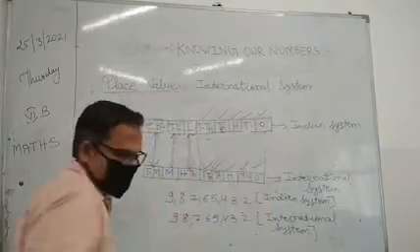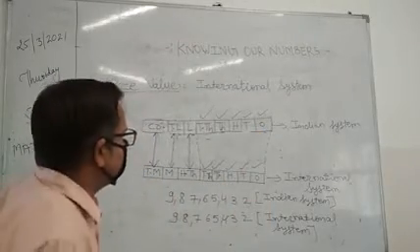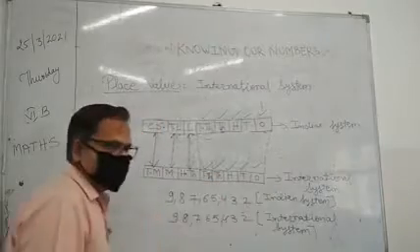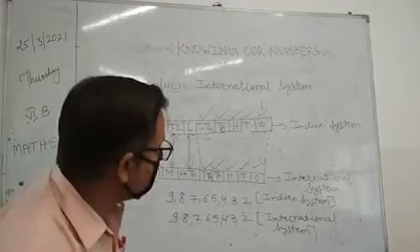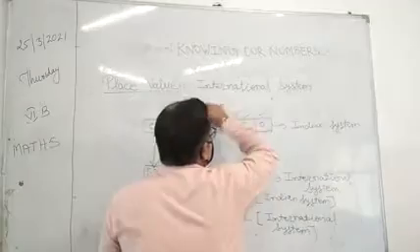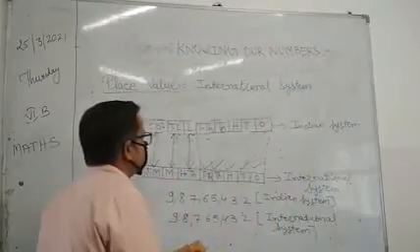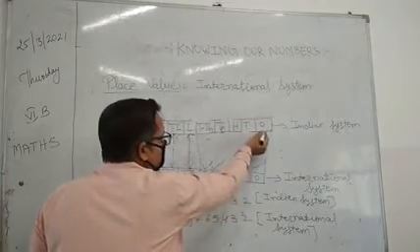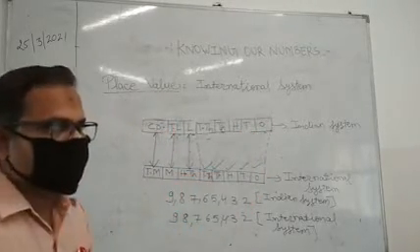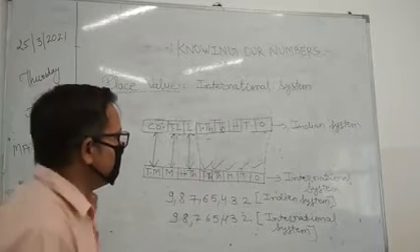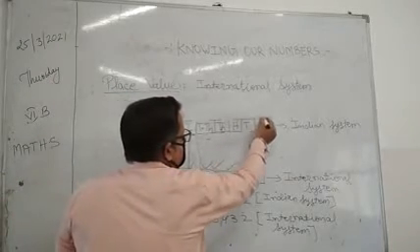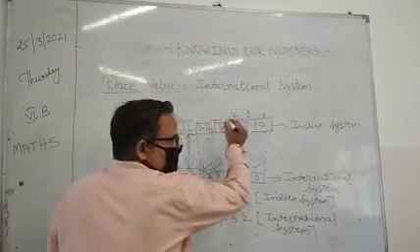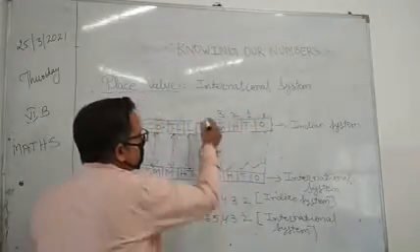How are we able to count? Suppose I am putting 1 here, then there will be no zero. If I am counting 10, then I have to put one more zero here. That means 1, 10, 100. In 1 we have got no zeros. In 10 we have got 1 zero. In 100 we have got how many zeros? Here we have got nothing, here we have got 1, here we have got 2. In 1000 we have got 3.